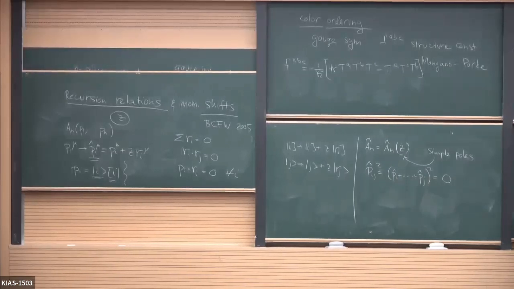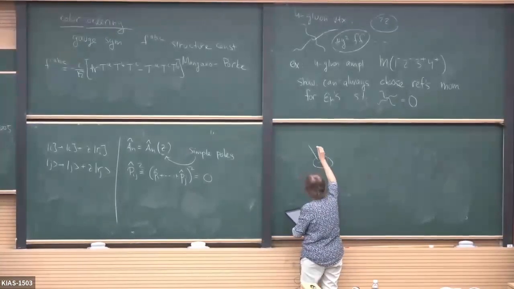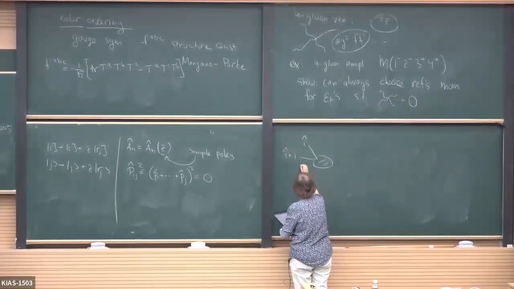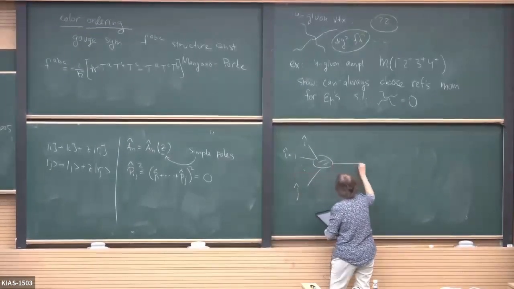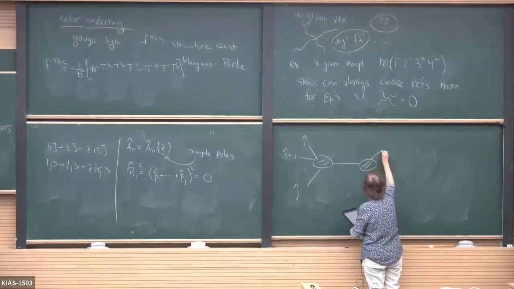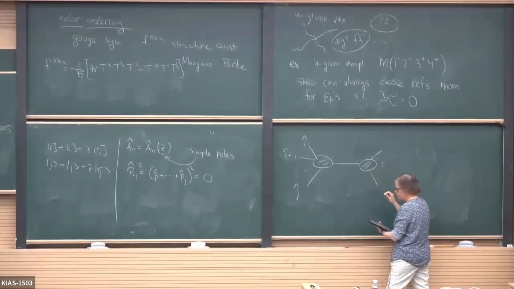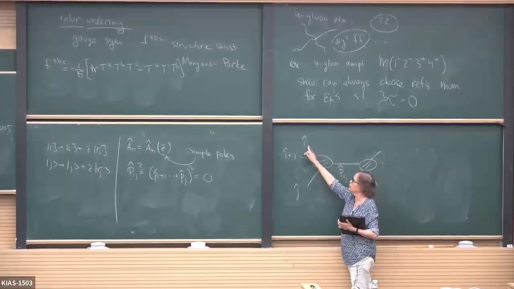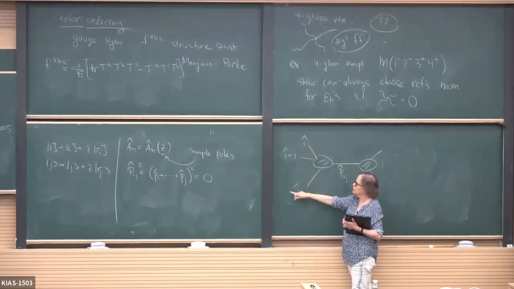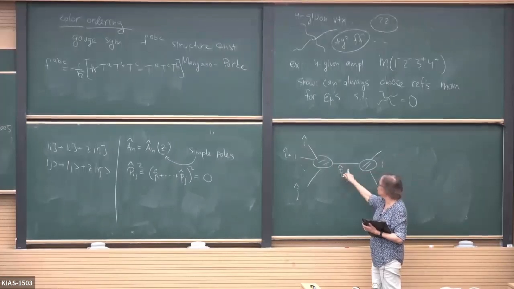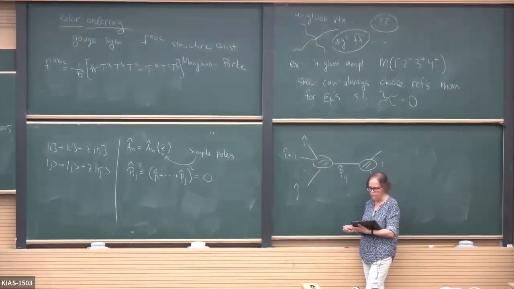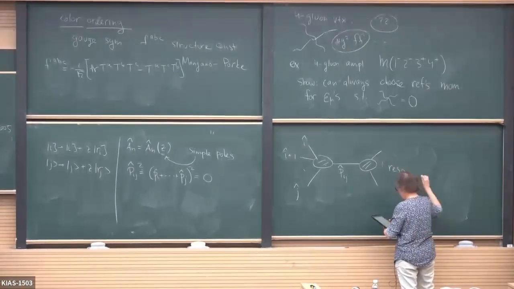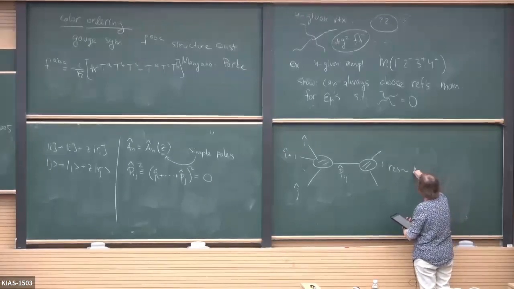So here is the amplitude. There is some i here, i plus 1, all the way up to j. And here there's the rest of them. And this is this P_ij hat. So the hats just stand for the fact that the legs can be shifted. And this is the sum of all these incoming momenta. And we know that the residue, in this case, is going to be equal to A_L